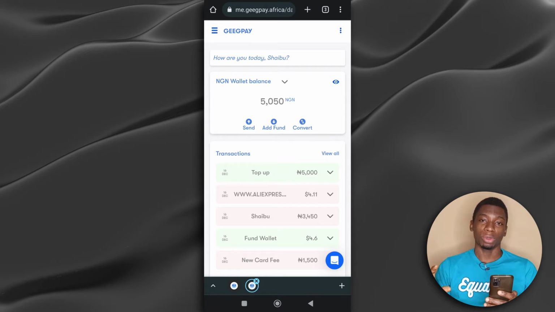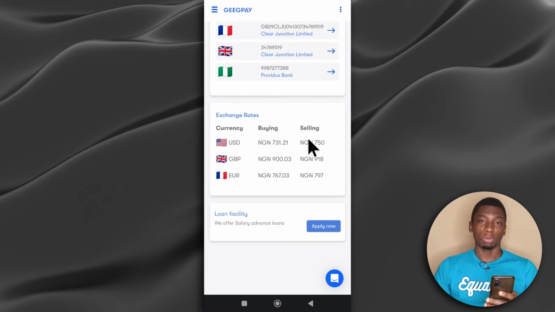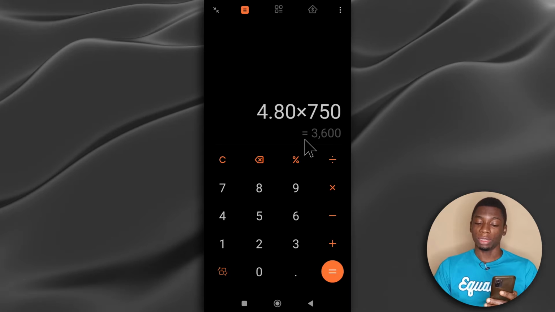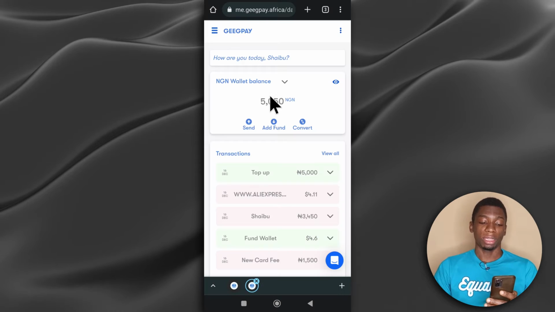I've already made a video on how you can create a dollar card with Geegpay, but as you can see from here, it says $1 costs 750 Naira, and the item I wish to get is $4.79, so let's just say $4.80. That means I need around 3,600 Naira to buy the item. So my Geegpay account already has 5,050 Naira in the Naira wallet, and now I can convert this to dollars